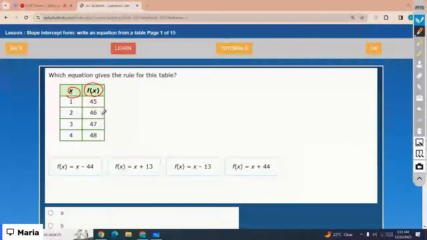You can calculate the slope: change in y is 46 minus 45, which is 1, and change in x is 2 minus 1, which is 1. So the slope is 1. Now you need the